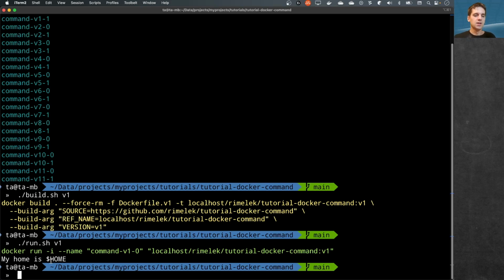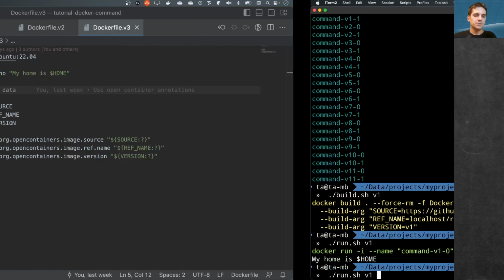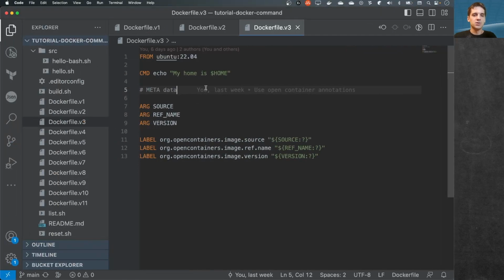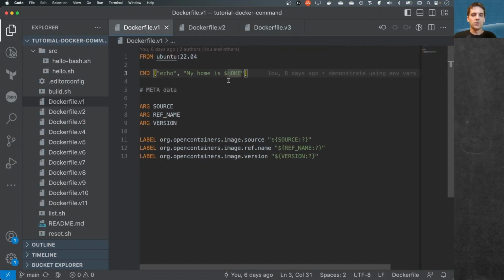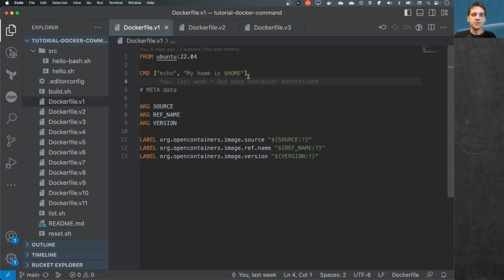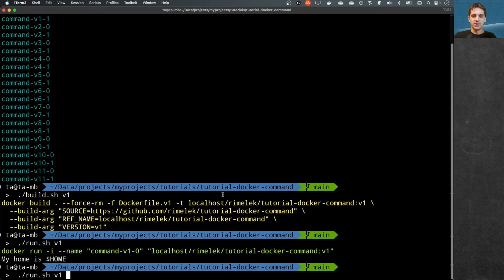Exactly as I predicted, we don't have the value of this home variable. Now I can pass an argument here using the exec form. This is also important when you use the docker run command and pass an argument after the name of the image. It will always be the exec form. You will understand it soon. So, because my CMD instruction in the first example is this, echo my home is $HOME, I want to use it here, echo